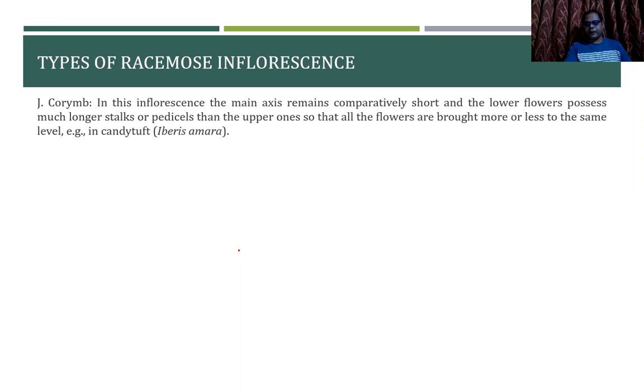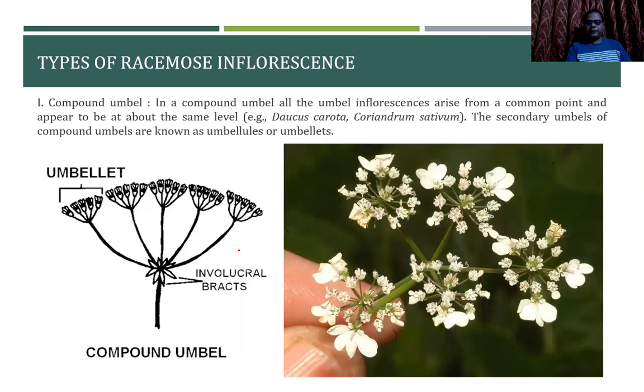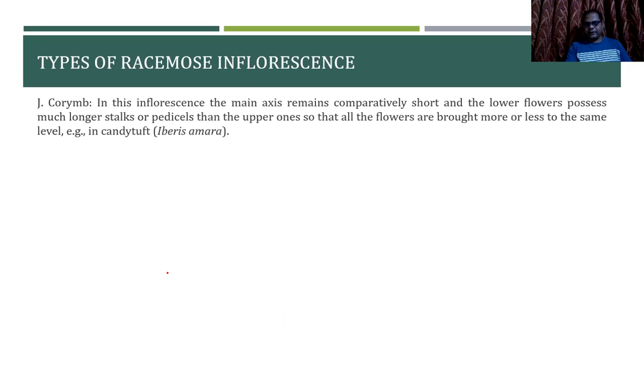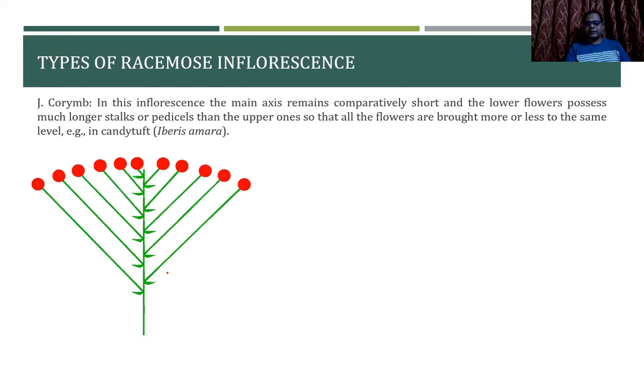Now, the other kind of inflorescence is the racemose kind, the corymb inflorescence. What we saw in the case of umbel is that there is a loss of the internode, so all the flowers originate from the node itself. But in the case of corymb inflorescence, there is a formation of internode. So this is the node, and we have got the internode here.